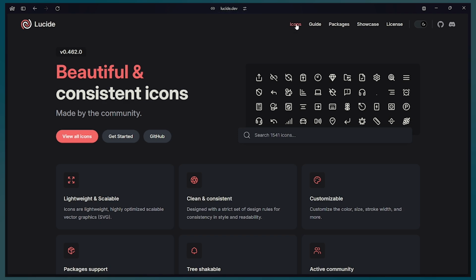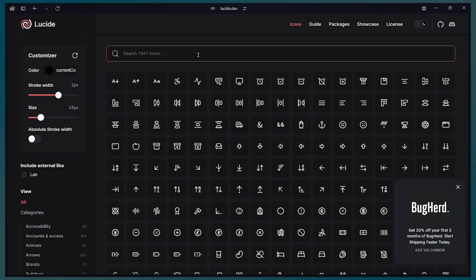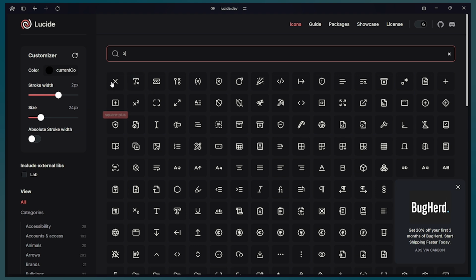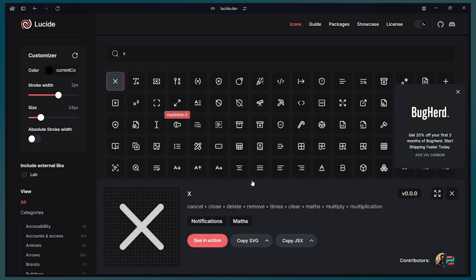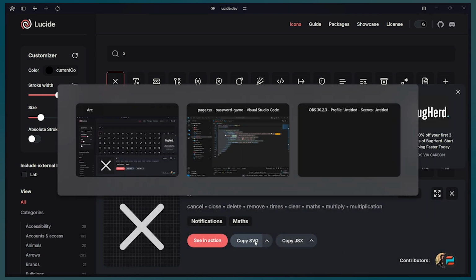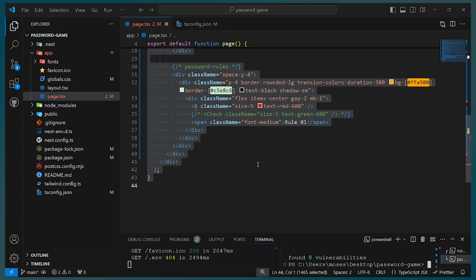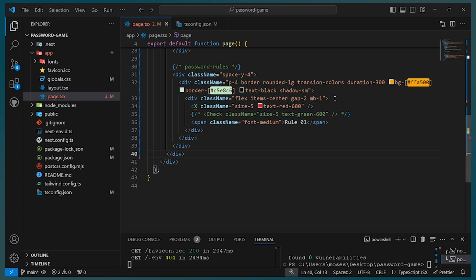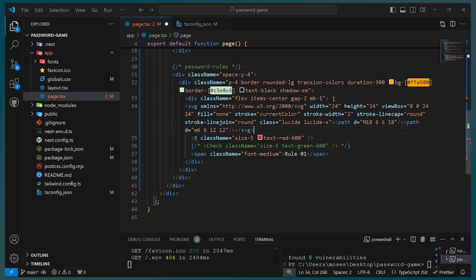So what you can do, if I try to click on any and put in maybe X, so it has come. When I click on it this time around, I can click to copy the SVG. I think that works better if all has failed. So I just simply copy this